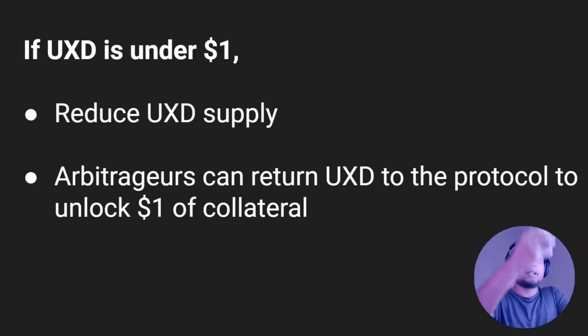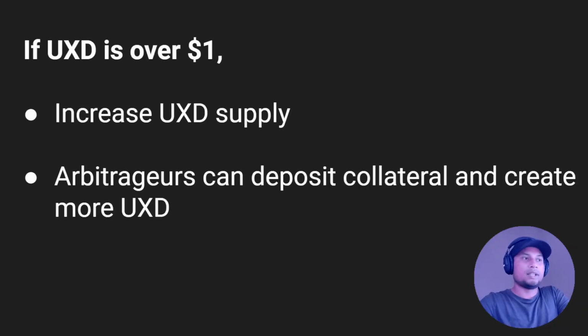When there's less supply, the demand remains the same. The peg comes back to $1. And the opposite happens when the peg is over $1. Okay, you increase the supply, you dilute the supply of UXD. That means